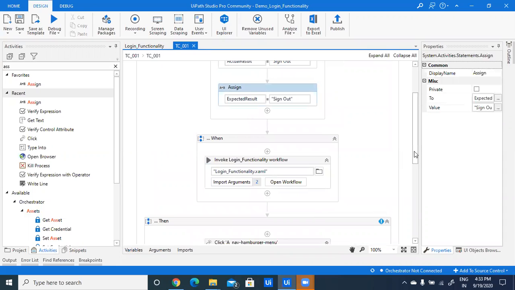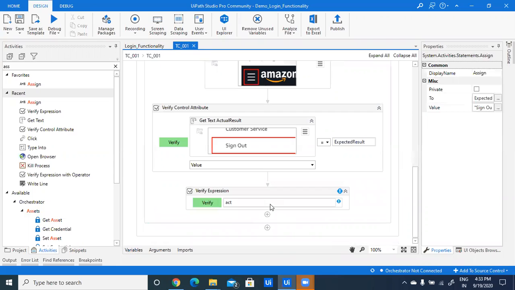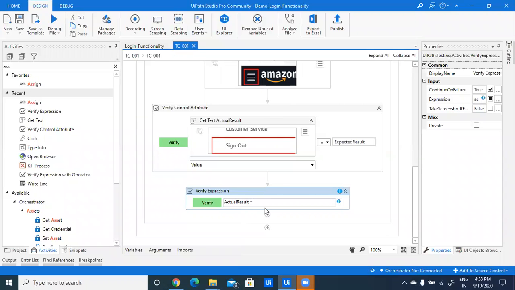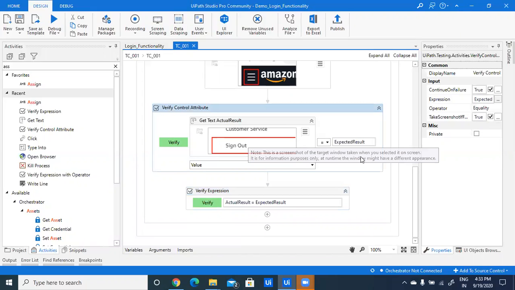Here we need to manually enter that actual result is equal to expected result. Like this way we need to provide it in verify expression, and in control attribute we can drag and drop an activity and verify with the expected result.